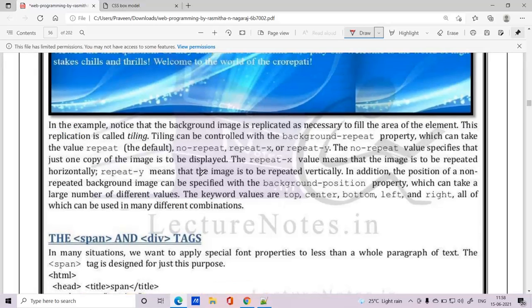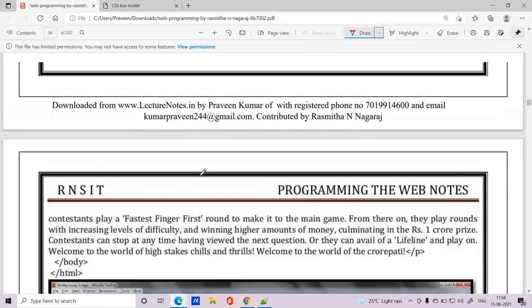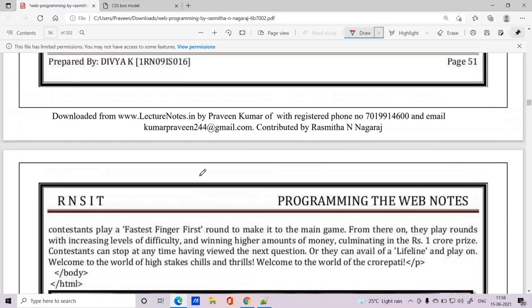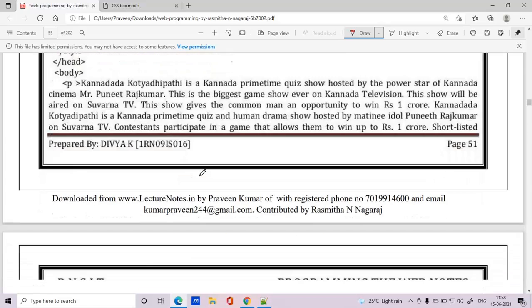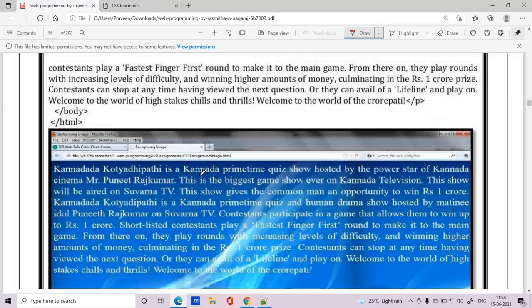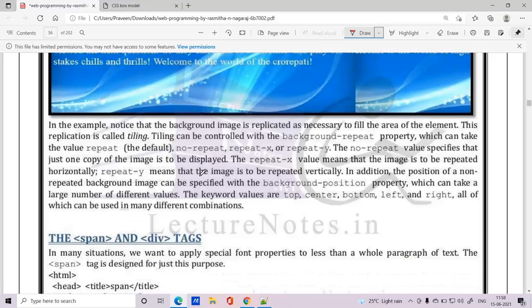There you can have many properties. If the image that you have selected is of less size, then it can be used with repeated content, or that image can be repeated multiple times. You can change the width of the image, you can change the size of the image. Everything can be done with the help of many other properties of your CSS.